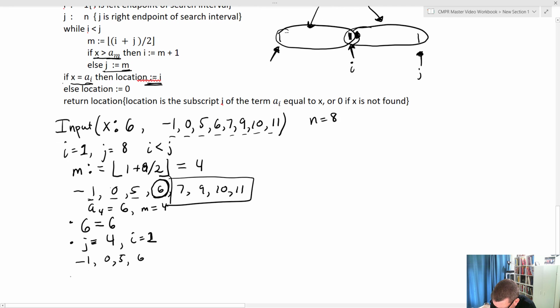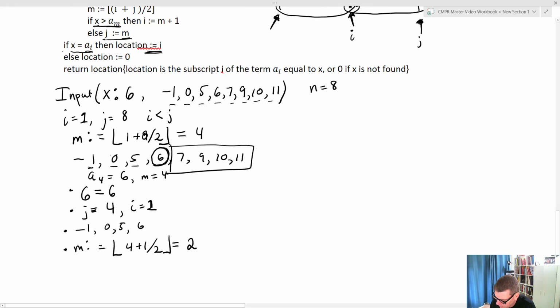So I'm going to take my floor, or m, is going to equal 4 plus 1 divided by 2. That's 5 divided by 2. That equals 2.5, and then its floor is going to end up being 2. Okay? And we're going to see that a2, right, is 0. a2 is 0. So 6, our x, is greater than 0. So what that means is,